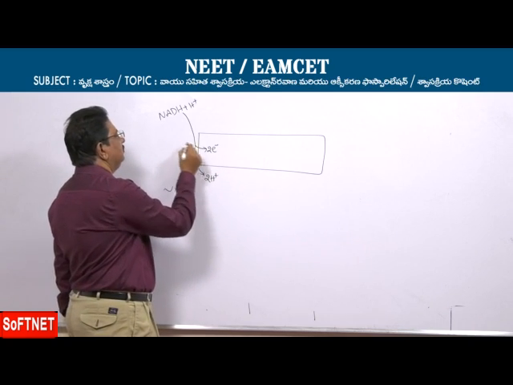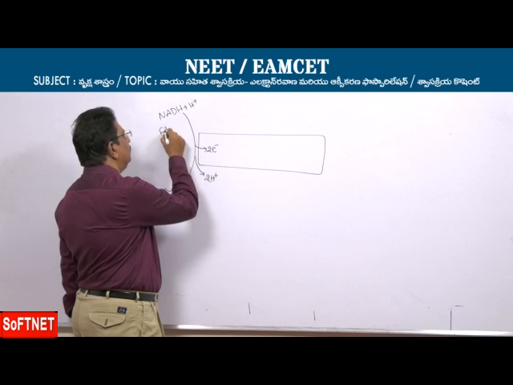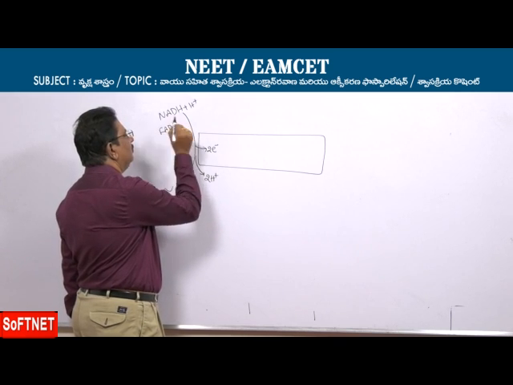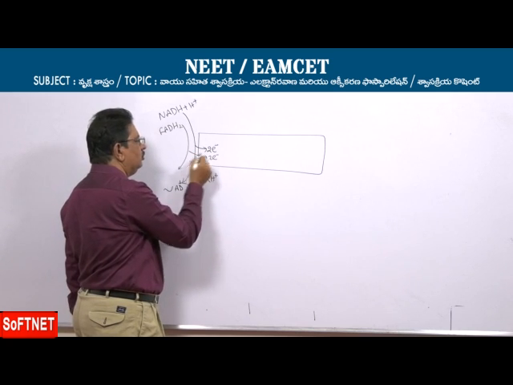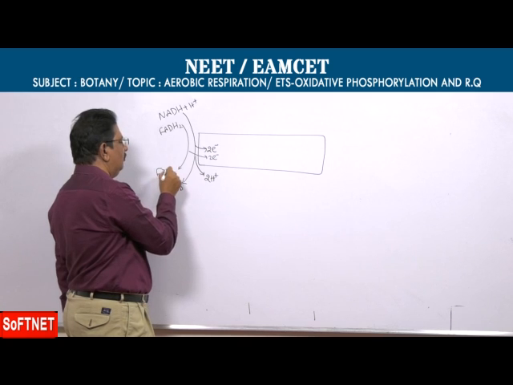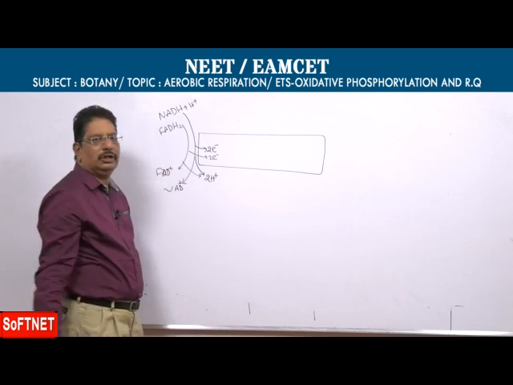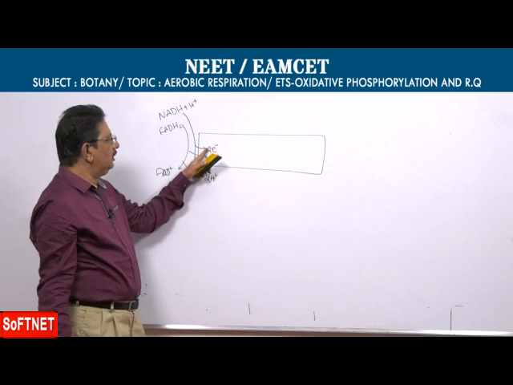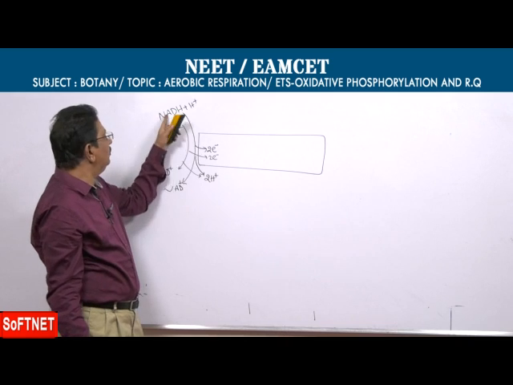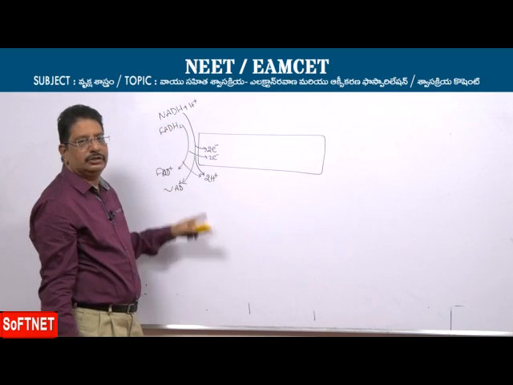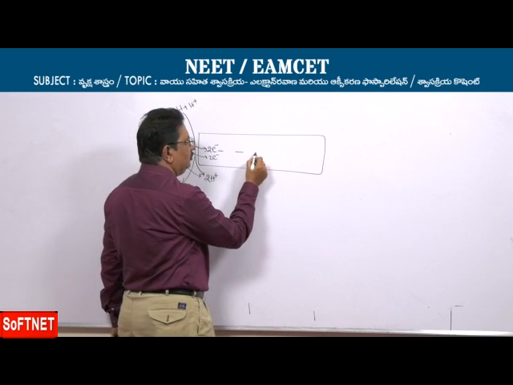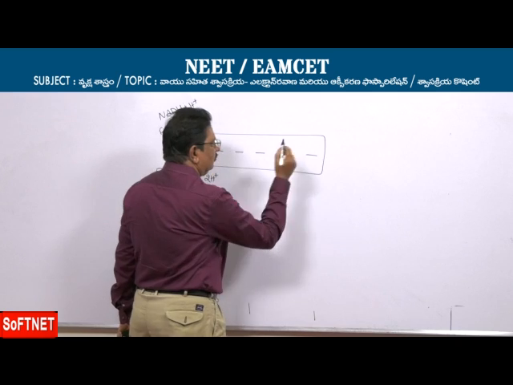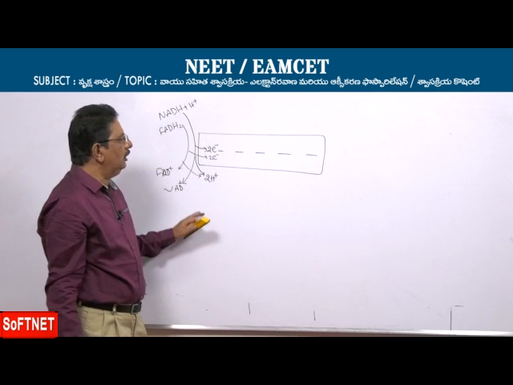Similarly, the FADH2 also oxidizes, releases 2 electrons and forms FAD plus and protons. So, 2 electrons and 2 protons come from each reduced coenzyme, and these electrons are going to be transferred through a